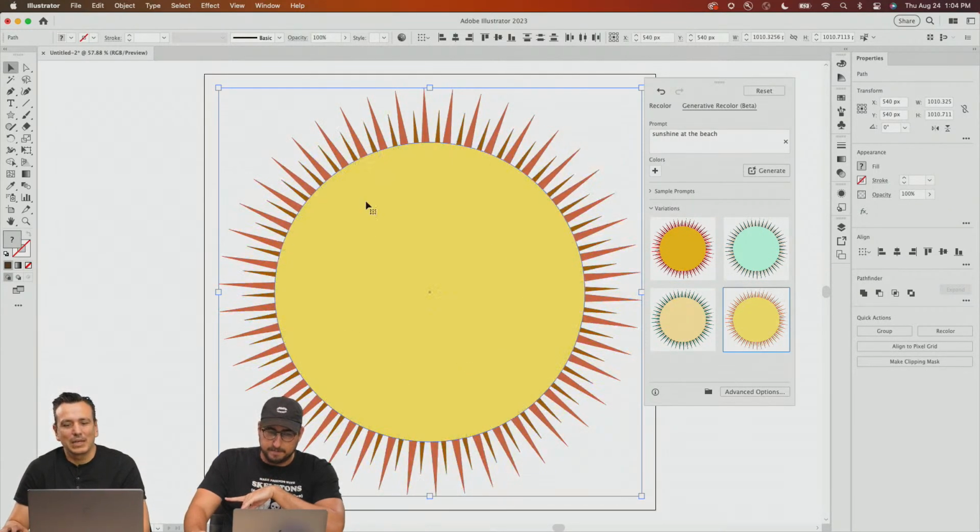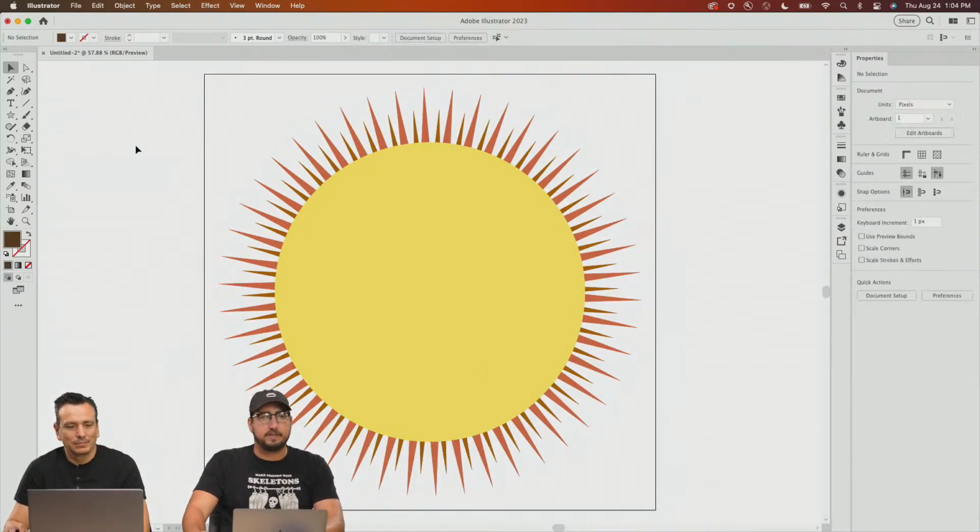I like this one a lot. Yeah. So we have this here, great. We have a sun. It's a little rudimentary, but we can figure it out and we can zhuzh this up